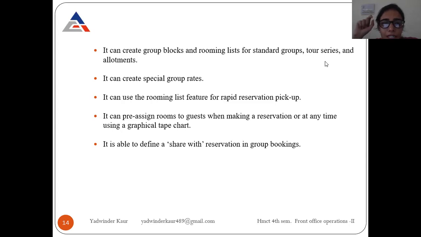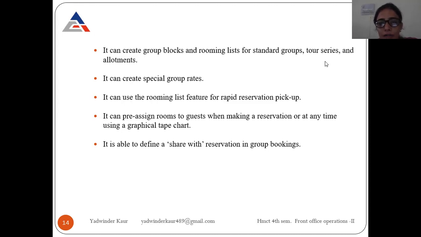It can prepare pre-assigned rooms for guests when making reservations or at any time using a graphical date chart. Yes, when we are saving the reservation on the system, we can allot the room at the time of reservation only, right?